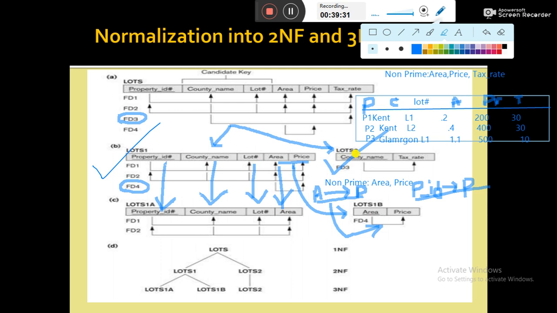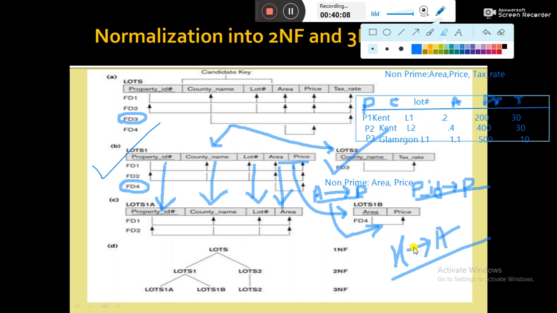I have already discussed two ways of checking 3NF. Now I am going to consider the third way, which I have already mentioned, but I am repeating it. Suppose a relation has a functional dependency X arrow A. A relation is in 3NF if either X is a super key or A is a prime attribute. If any one of these conditions is satisfied, then we can say that relation R is in 3NF.